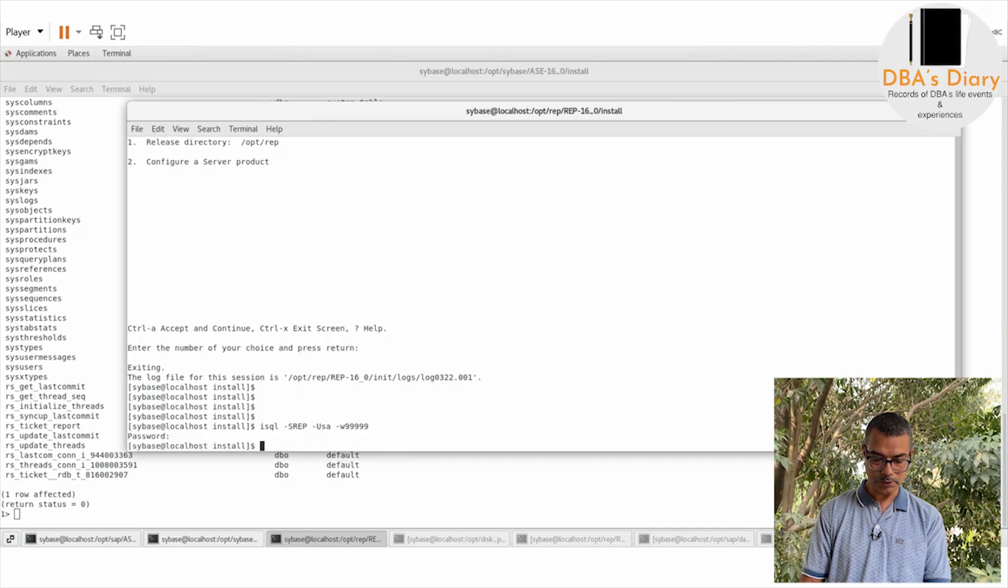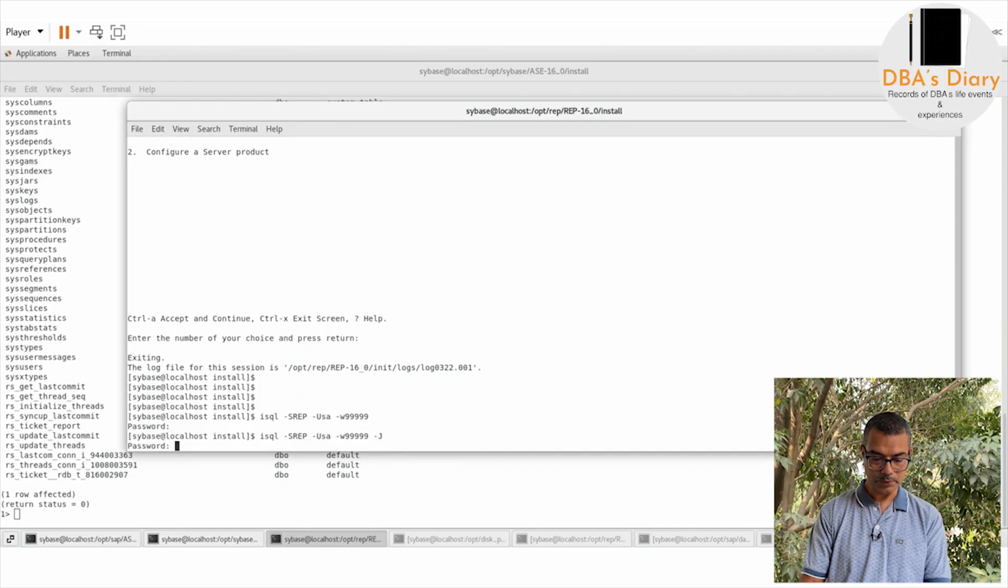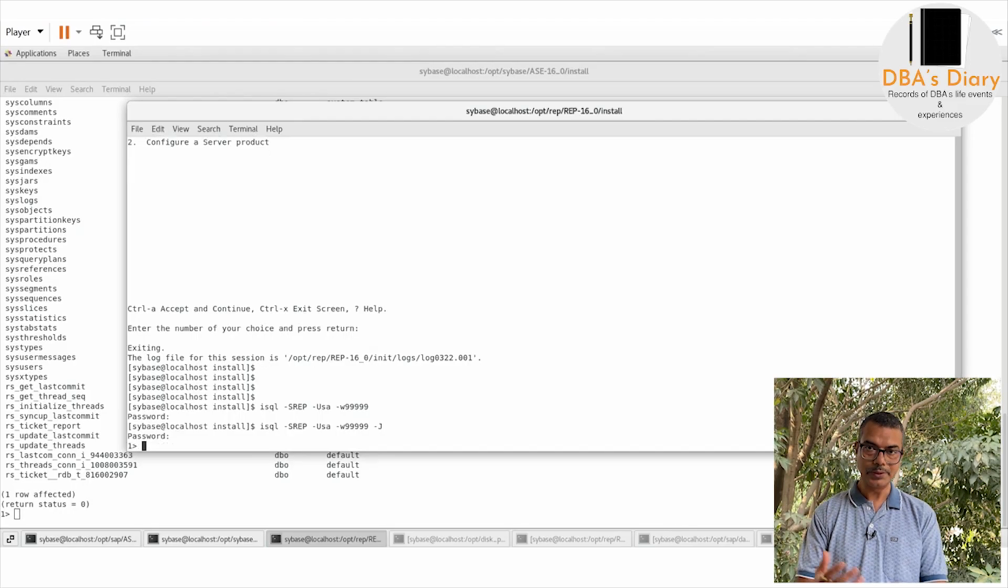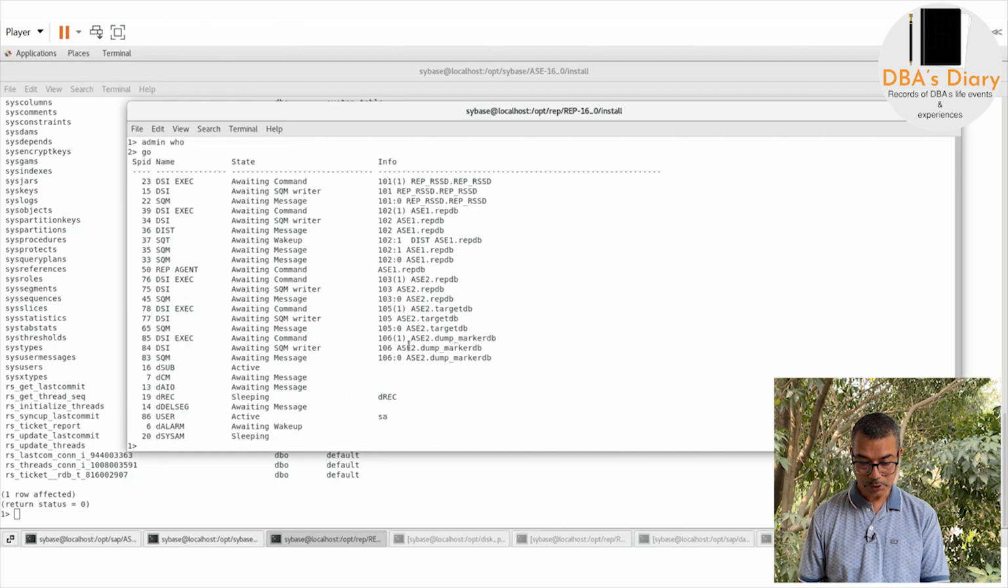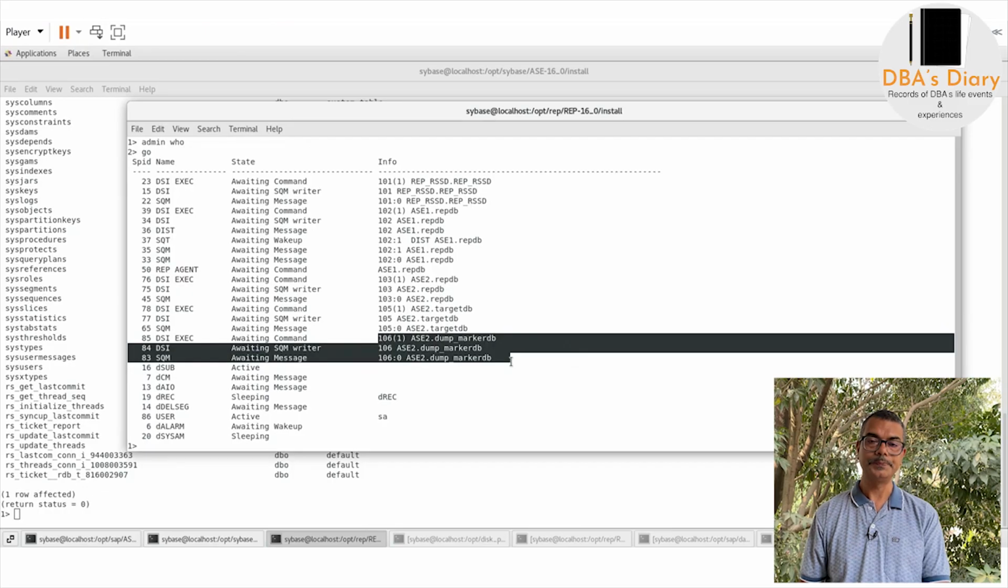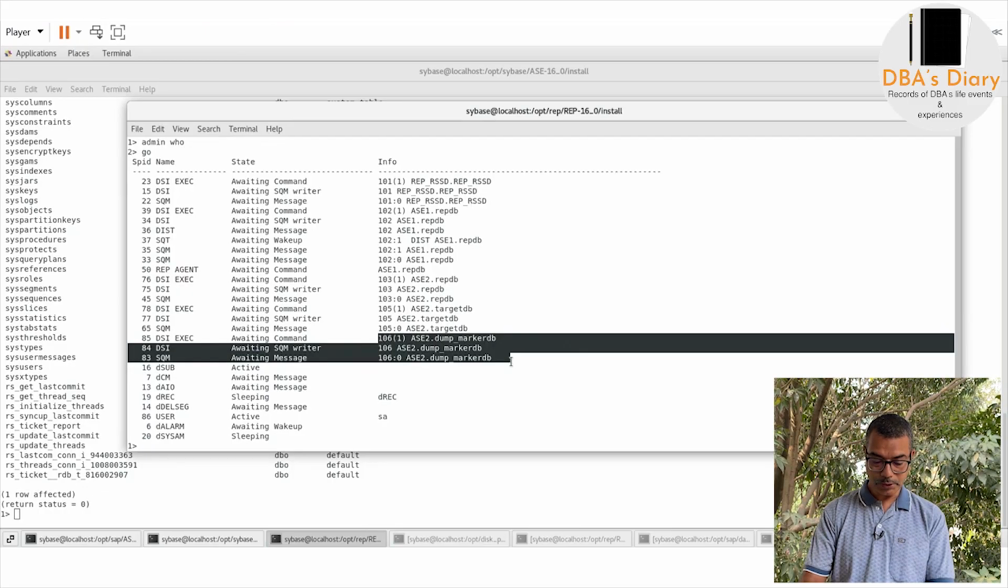I should have used -j as well, so that will not give that warning. Now if you do admin who, you will see that we will have one connection which is for dump_marker db, which was not there before. Okay, so now if you do admin who is down,